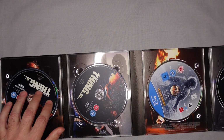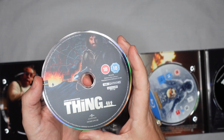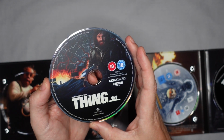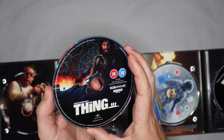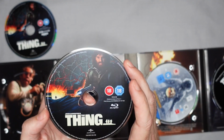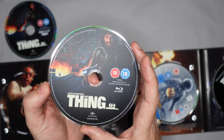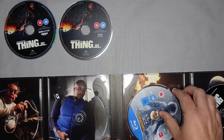And then we have the 4K UHD there with high dynamic range, etc. So it'll be interesting to see what this transfer's like and how it compares to some of the previous Blu-ray releases. You also get a Blu-ray disc as well, although I suspect in terms of extras it's probably the same as the 4K disc, it's just the universal release. And then you get the